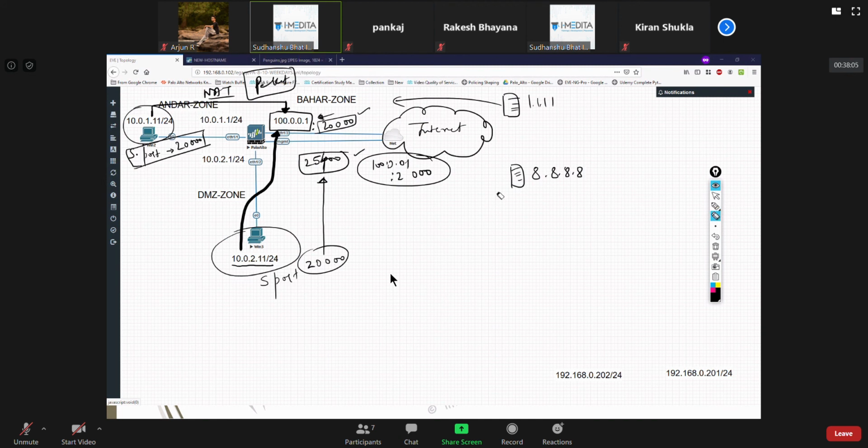That way it can easily identify that if I get a reply back for 100.0.0.1 port number 20,000, I'll send it to Win2.